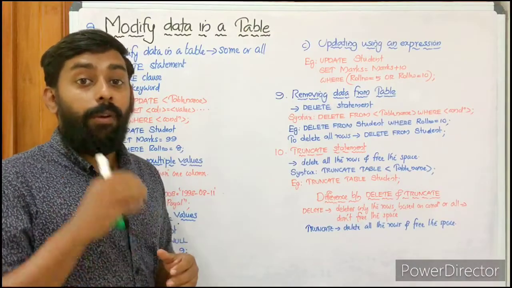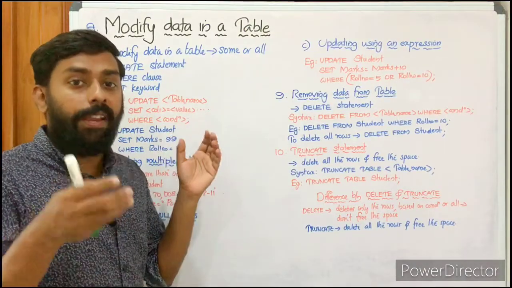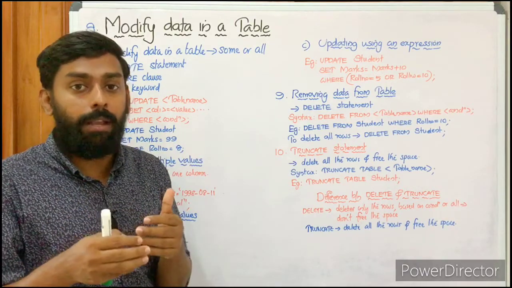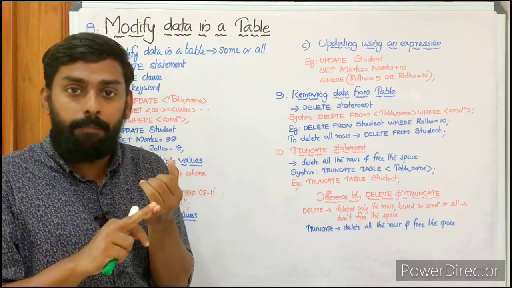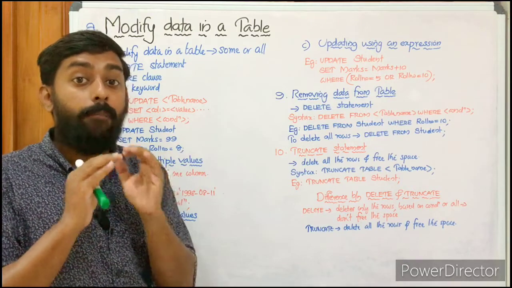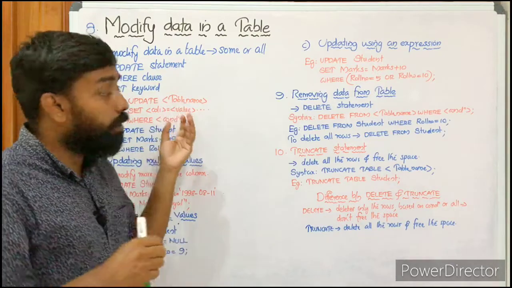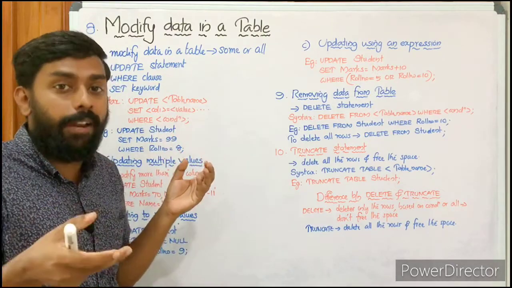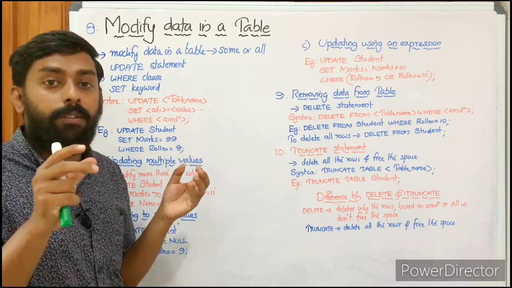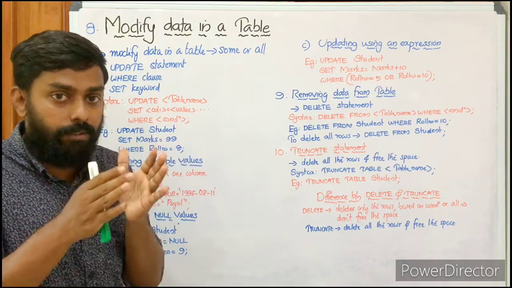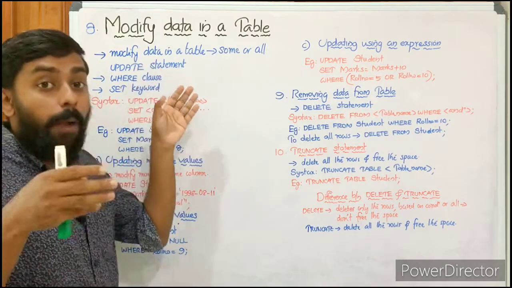Now let's look at our next command. It's all about modifying data in a table. That's our second DML command. We have already completed insert. Now we're heading to modifying data in a table using the update command. Actually, we use the update command to modify data in a table, and the alter command is used to alter the structure of a table. You know the difference, right? So here we are applying the update command.